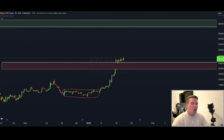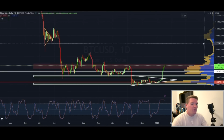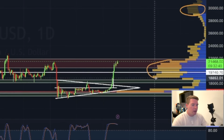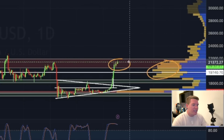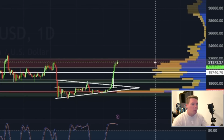But there's one thing that we definitely have to have a look at, and that is here on the daily chart, the VPVR. So you see here these bigger clusters on the VPVR, this one and also this one. And we are right now trying to break this complete cluster, which is in alignment with this resistance area that I had drawn in here in red. And if we would break here